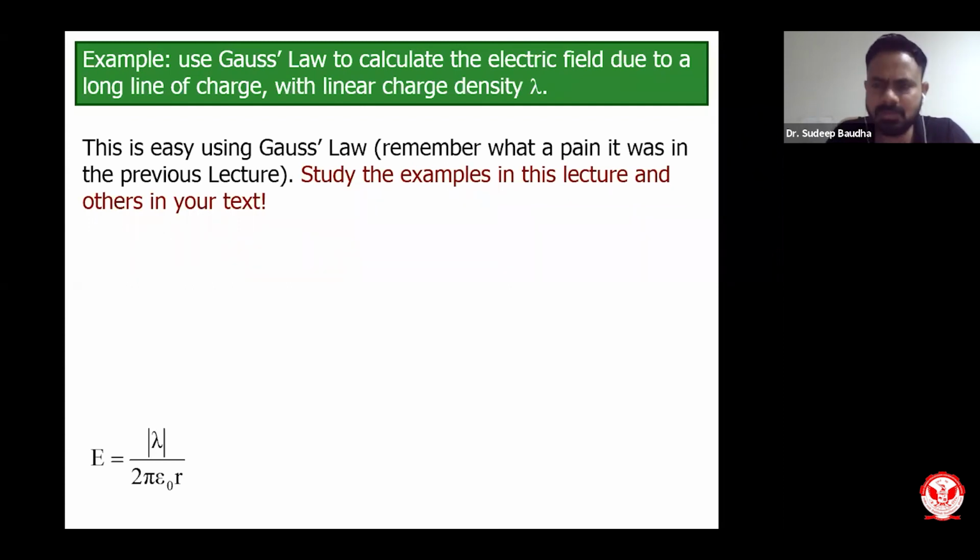So I'll quickly show you how to do this, because it is very important to understand that the contribution of Gauss was enormous. He tried to give a relationship between electric flux and charge, and because of that our life is very simple and we are able to calculate electric field without going deep into the integration. Please remember, going deep into integration is very, very difficult. There are many operators over which integration is literally impossible. So Gauss law makes life very easy, and let us see how it is done.